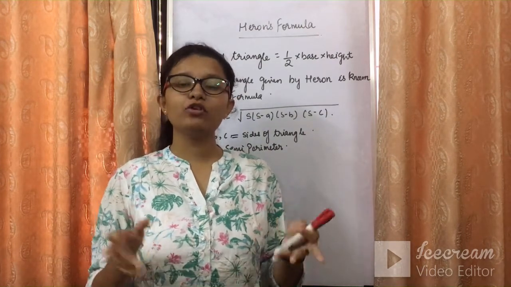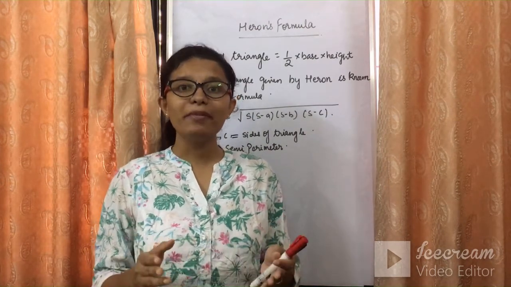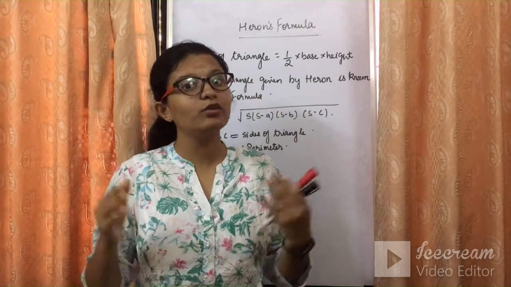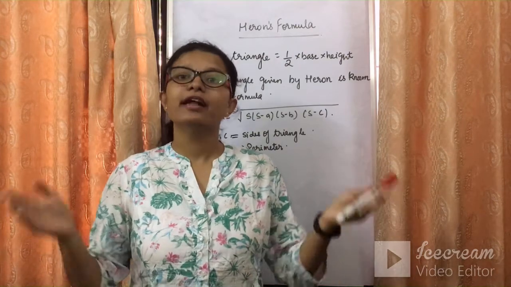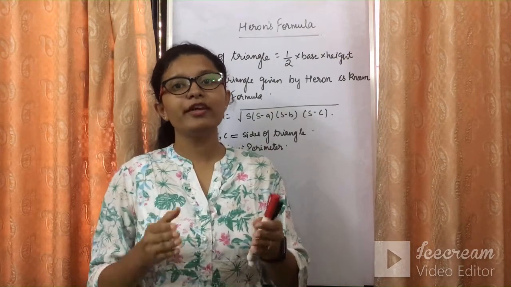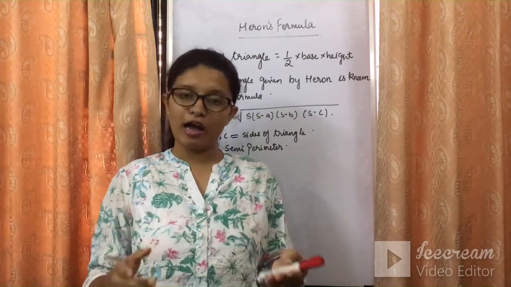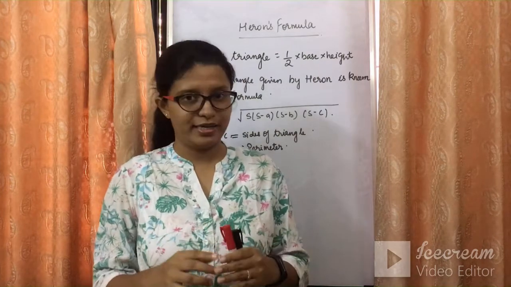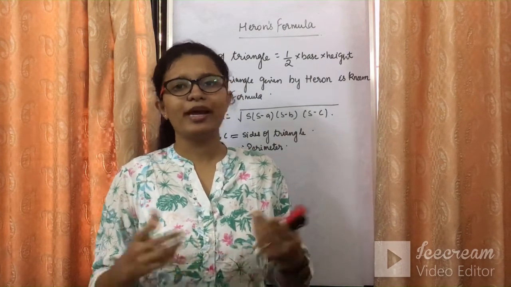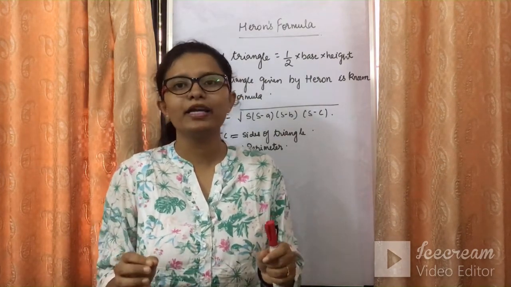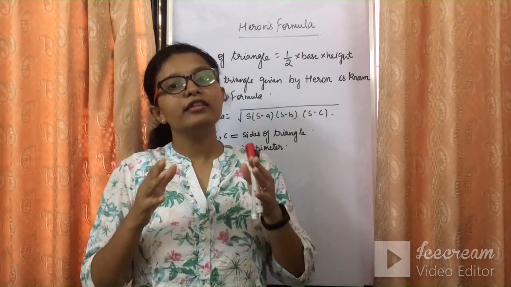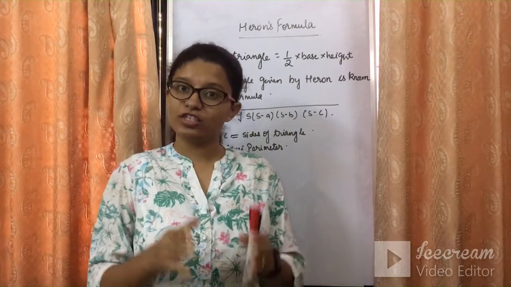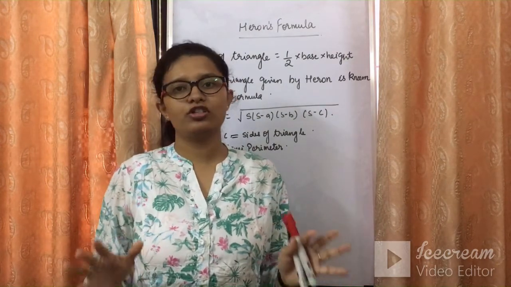So first of all आपको उसका height निकालना पड़ता है, and sometimes it becomes very tedious to find out the height in the triangle. So the scientist known as Heron developed one formula which will give you the area of the triangle if you know the sides of all the triangles. If you know the three sides, the area will be with you just by using the formula given by the scientist Heron. So it was given by Heron, that's why the name of the formula is Heron's formula.